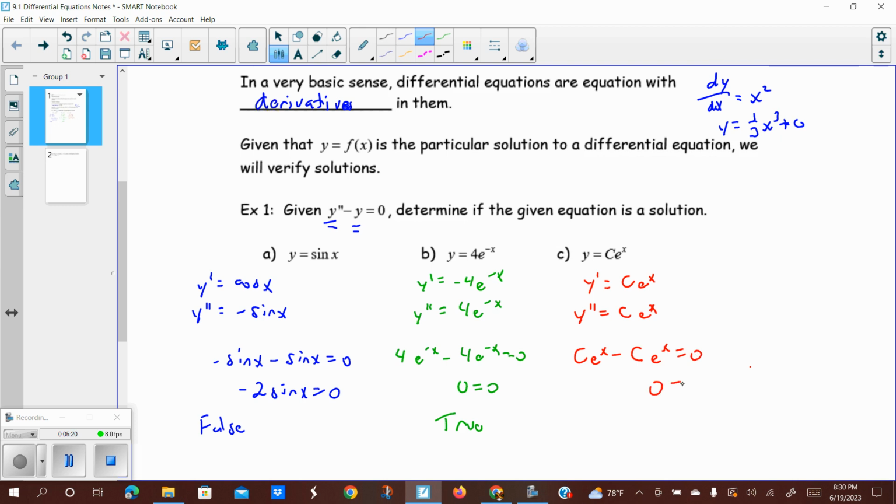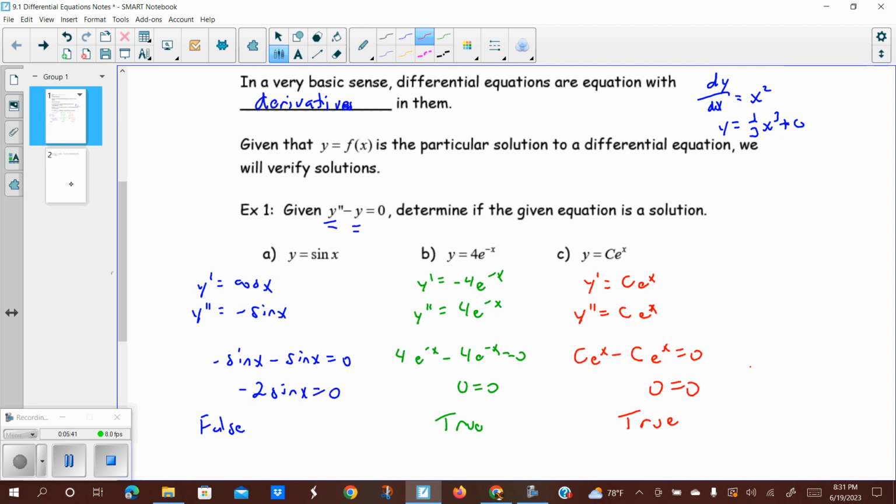The left side becomes 0. So this is also a true statement. So B and C are both solutions to that differential equation. Okay, that's just verifying whether certain given functions are solutions or not. All right,